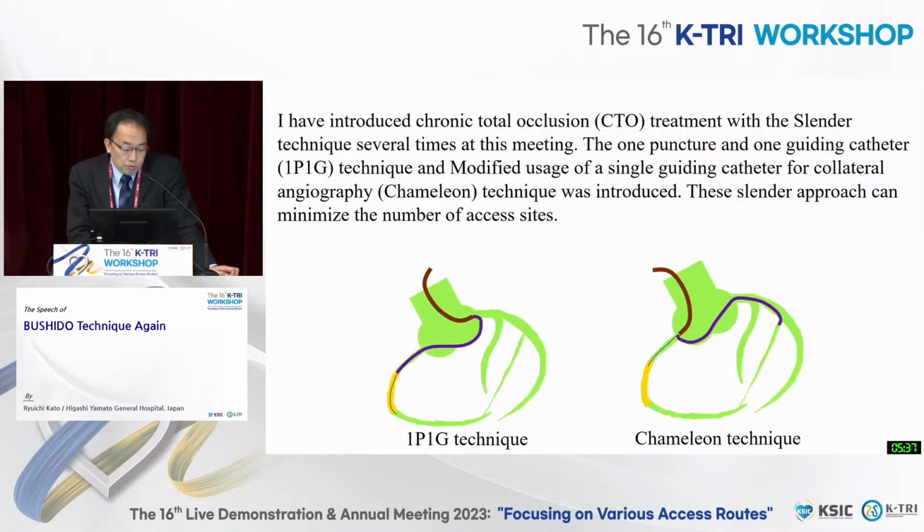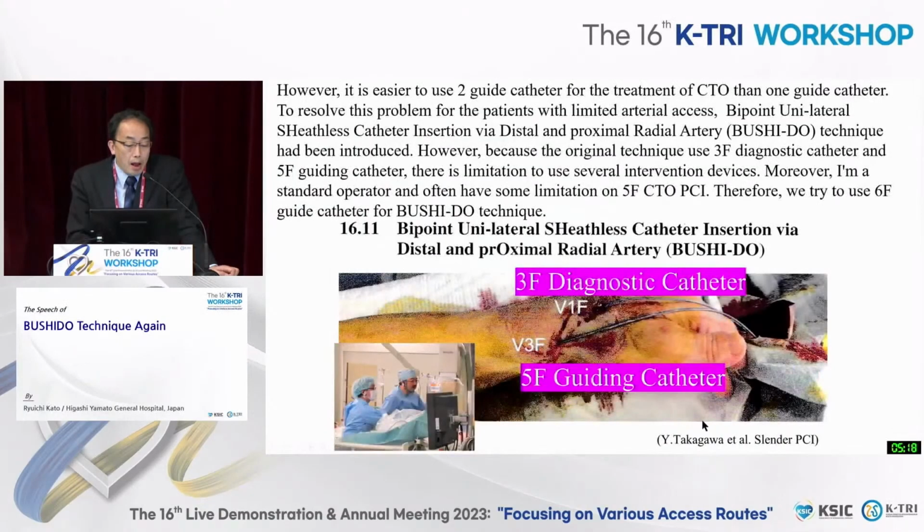I have introduced chronic total occlusion treatment with a Slender technique several times in this KTRA meeting. The 1P1G technique uses one guiding catheter, and the chameleon technique uses one guiding catheter, a microcatheter, and a wire for CTO intervention. However, it is easier to use two guide catheters for treatment of CTO than one guiding catheter. So to resolve this problem in patients with limited blood access, the